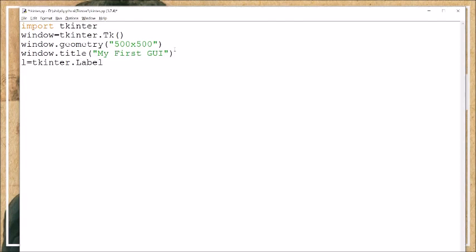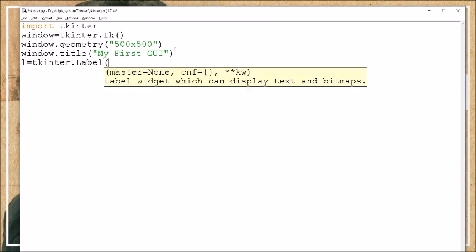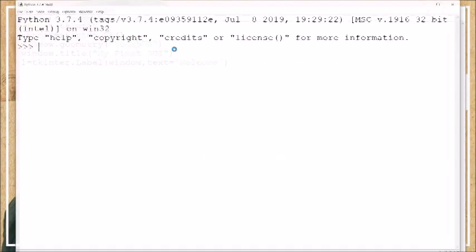L should be capital, please take care, and in the bracket you have to use the name of window where you want to place it. After that comma, then the text you want to display. Suppose I want to display welcome.